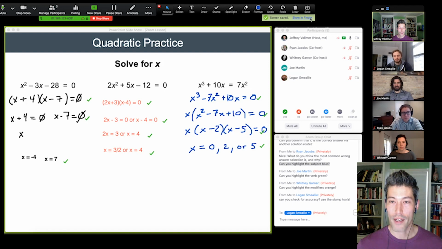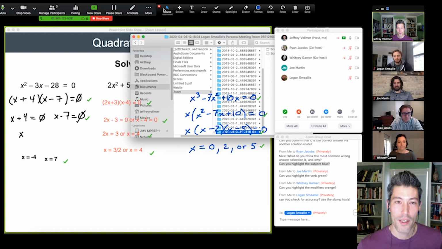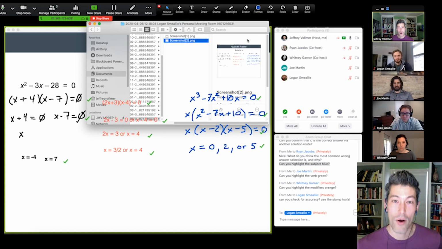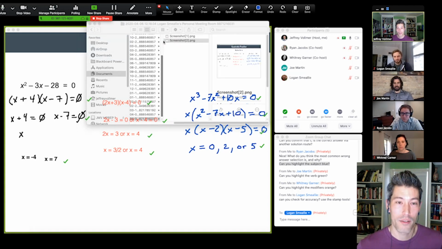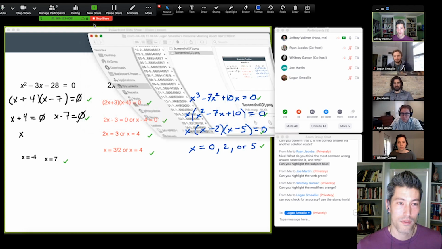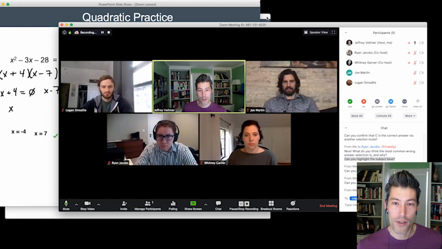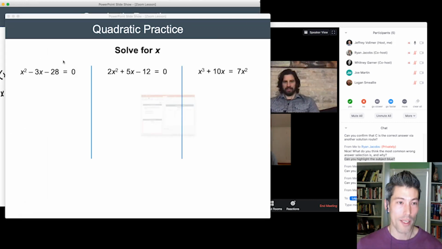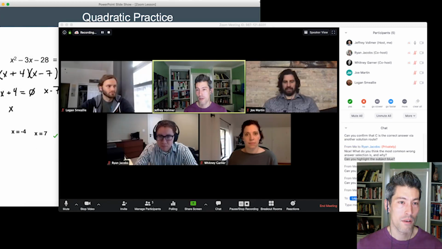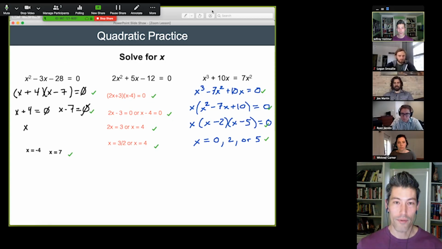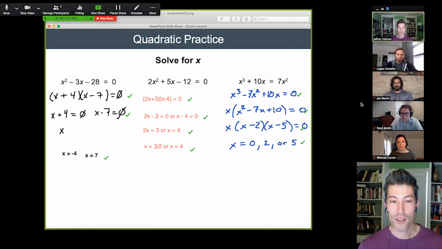I can show in Finder where this is. It will now pull open a history of screenshots I've taken in Zoom. I can now open up this document. And now I could share this new document. So you'll see me closing the original PowerPoint stuff. And if I wanted to reshare that problem, I can do it from this saved screenshot I took through the annotation toolbar. And now we could annotate this, right?